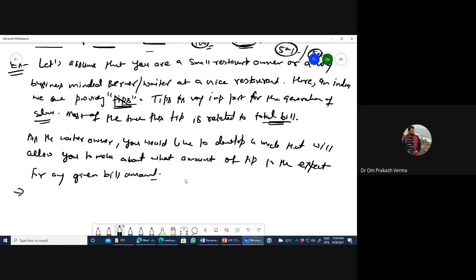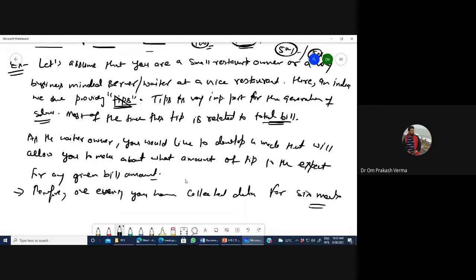So let's say for this purpose you have collected data. One evening, you collected the data for, let's say, 6 meals, and you want to correlate at which type of bill, what amount of tip you can expect from that bill.